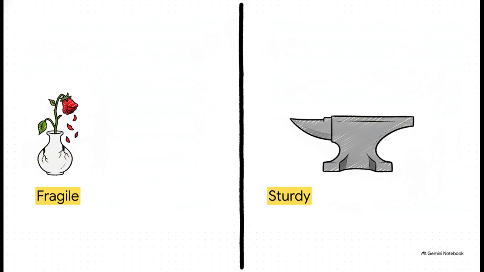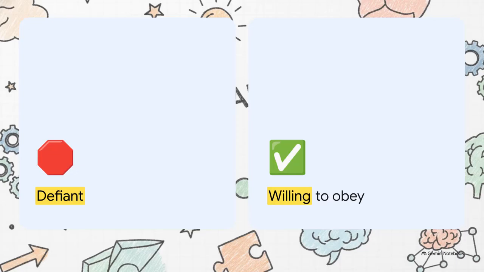Take a second. In the exercises, the text contrasts fragile beautifully with a word that means strong and solid. Sturdy. Let's try one more. What is the opposite of that openly resisting, defiant attitude we discussed a minute ago? Got a guess? Well, if you aren't openly resisting, you are being willing to obey. Linking a vocabulary word directly to its exact opposite is a highly effective way to map out its precise boundaries